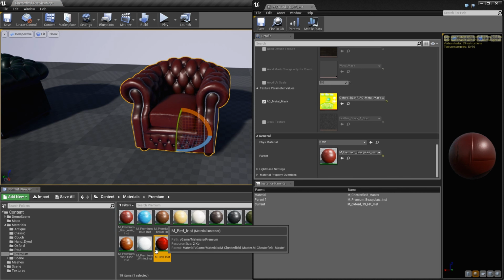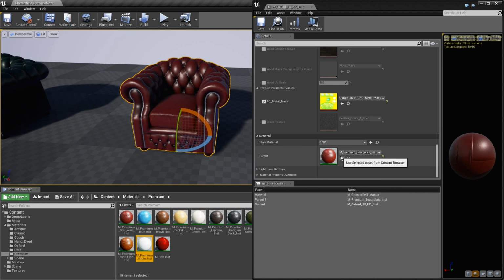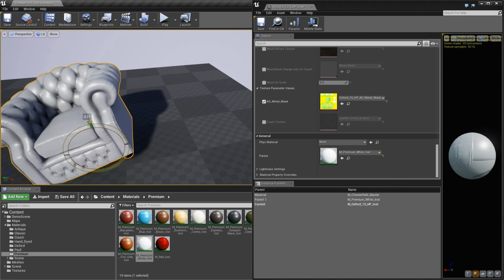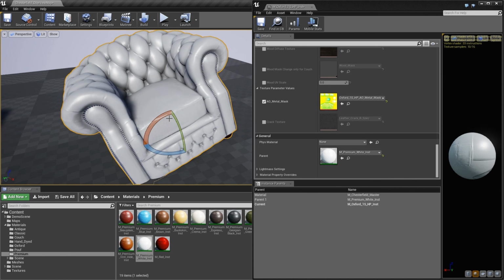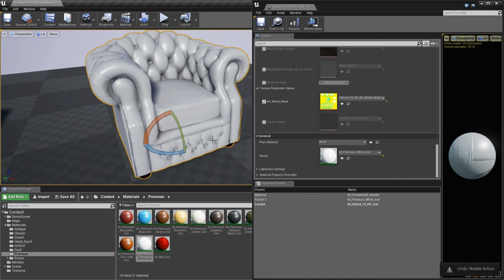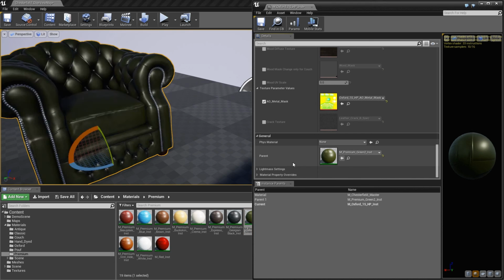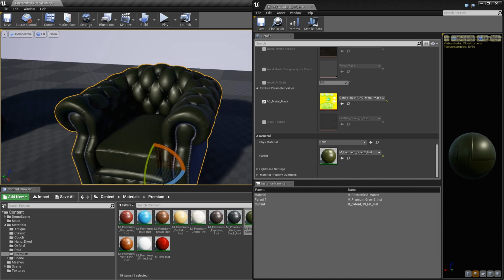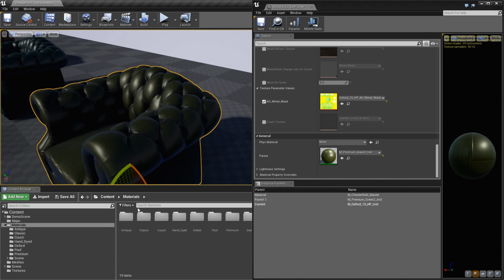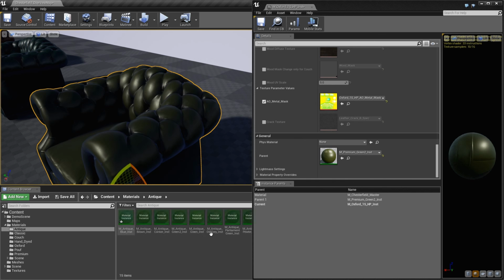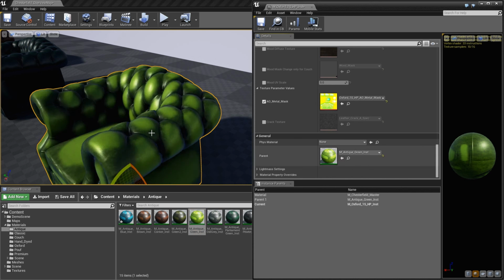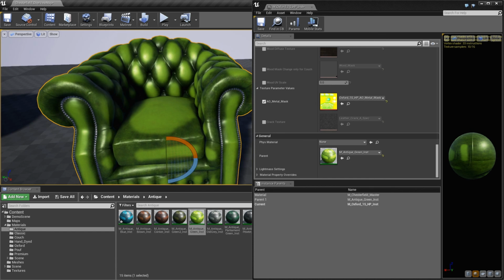So here is the premium, and if I put the white and click, sorry, I go like that. If I want to put the green one, or if I want to go to material antique and put this one maybe.